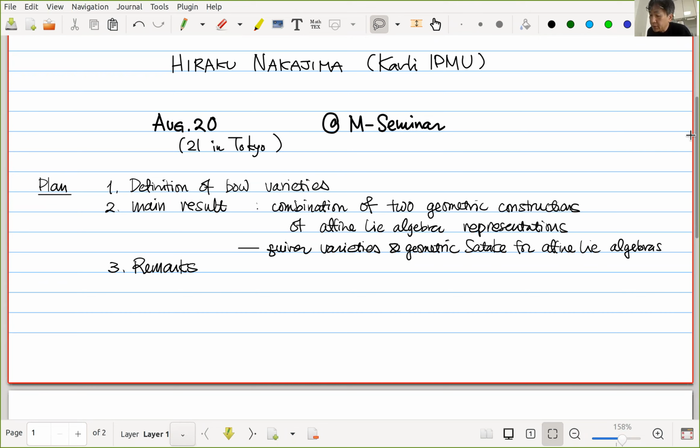This can be regarded as a combination of two geometric constructions of affine algebra representations. One is based on quiver varieties, and that is an old result. The second one is relatively new. I'm recently trying to generalize geometric Satake for complex reductive groups to the case of affine groups. And today's main result is that I introduce a certain variety which has both representations. And then I conclude by